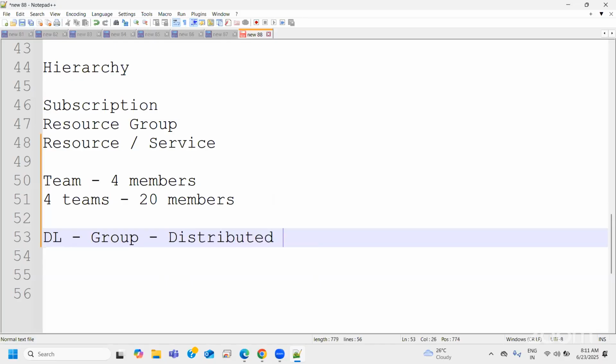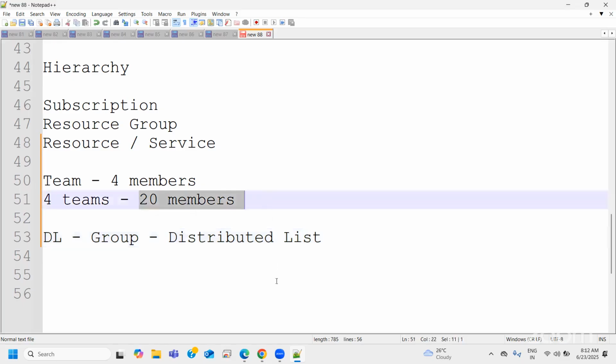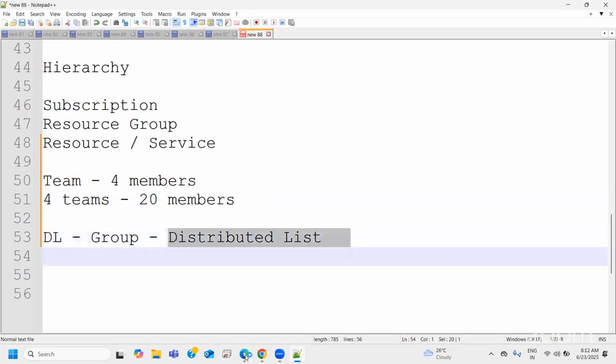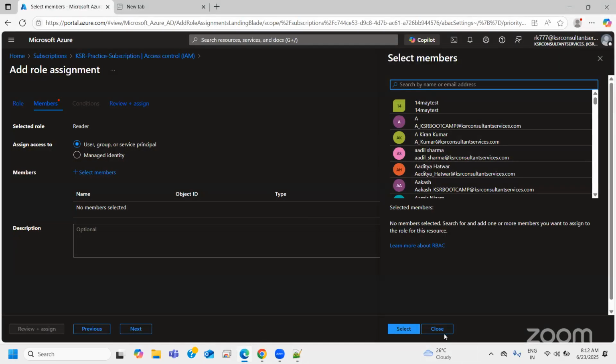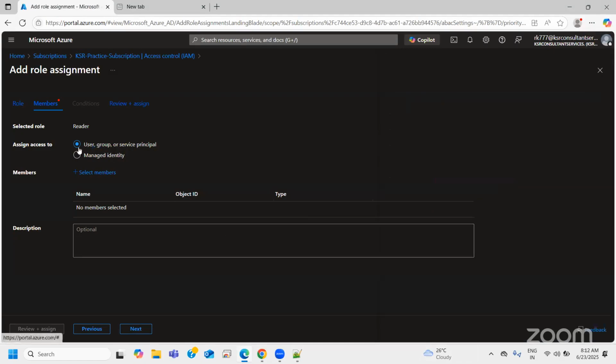A group will be created, and for that group you can raise an access. That particular individual can raise an access, so this group is already added here. Now, if I close this, see here, it is giving me an option: user group or service principal.